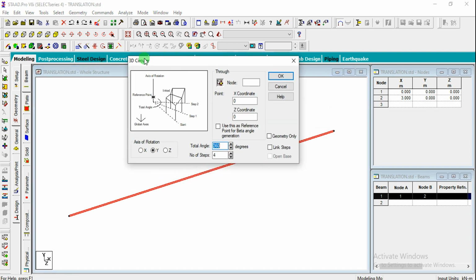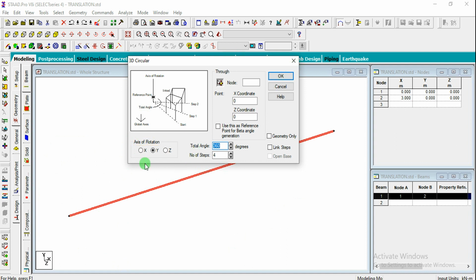We are going to get this window again. So after selection you have to come back here. Okay, you have to do the selection and open the circular repeat. Axis of rotation: this beam can be rotated in X direction again, or it can be rotated in the Z direction. That is, if the axis is like this, this can be rotated like this around the Z axis. Okay, and it could be rotated in Y direction also. So whatever beam is there, it can be repeated in Z direction like this. Okay, if it is Y, this will be repeated in X direction, in the XZ plane with respect to the Y axis. Okay, so it is very important to select the axis of rotation here.